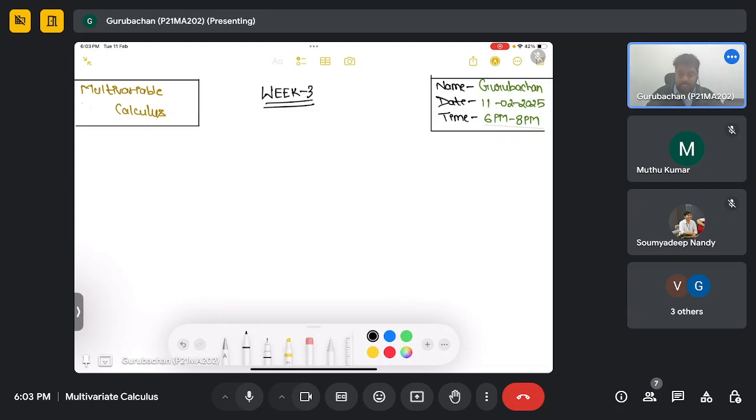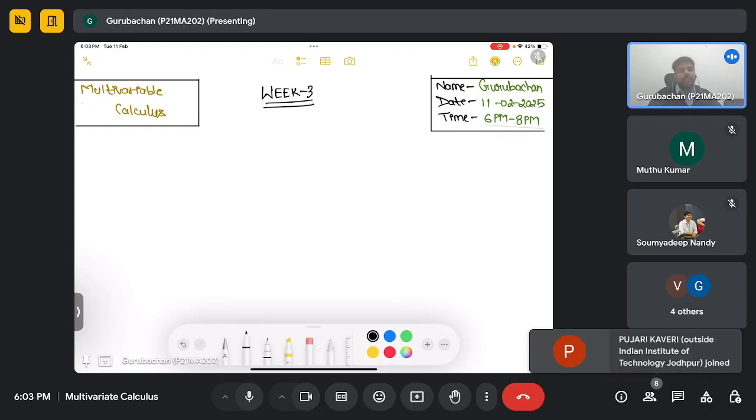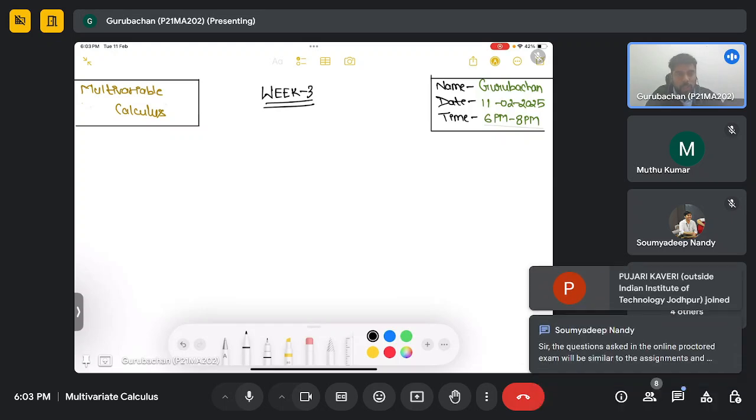So let me start. Welcome you all to the third week tutorial of multivariable calculus. Myself Guru Bachan from Department of Mathematics, IIT Jodhpur. I am pursuing my PhD in the broad area of fractal geometry and dynamical systems. I am the tutorial assistant of this course. In this tutorial, we will do some illustration on the basis of the lectures